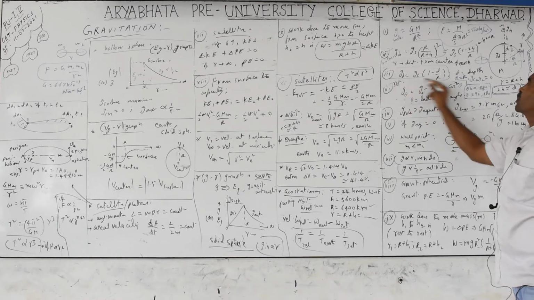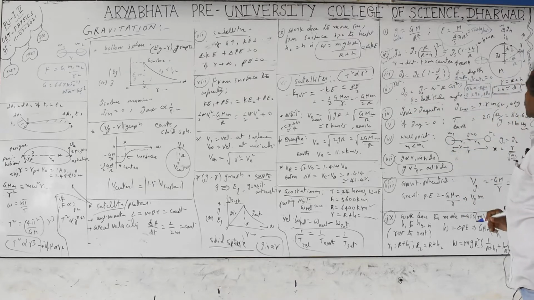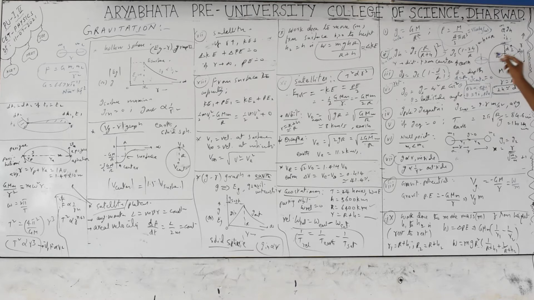So next is rotation of the earth. Due to the rotation of the earth, which is spinning about its own axis along the poles, the axis passing through the north pole and south pole, you will find a centrifugal force for every object on the surface. That means they are trying to be thrown away due to inertia of direction. The velocity at any point is along the tangent at that point.